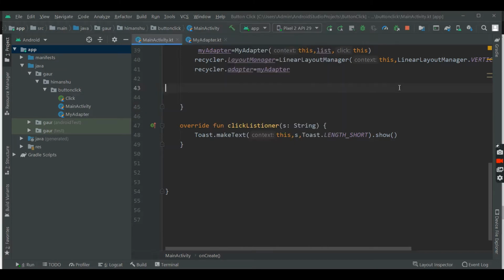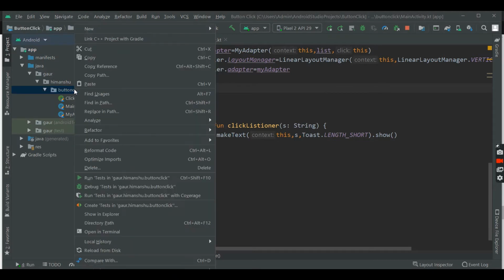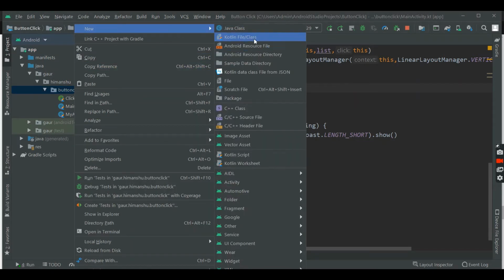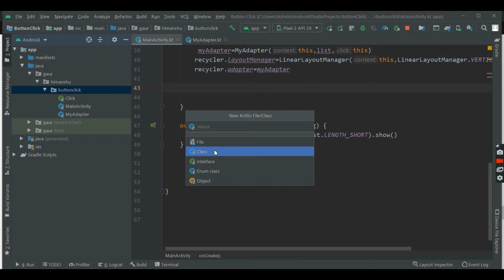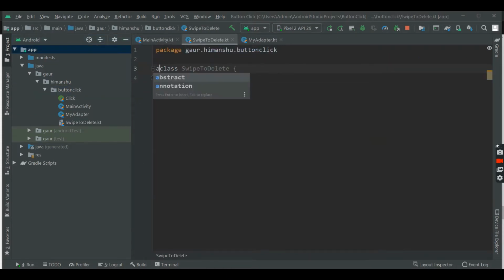So let's begin. First of all, go to your package level and create a class named SwipeToDelete. Make this class abstract.